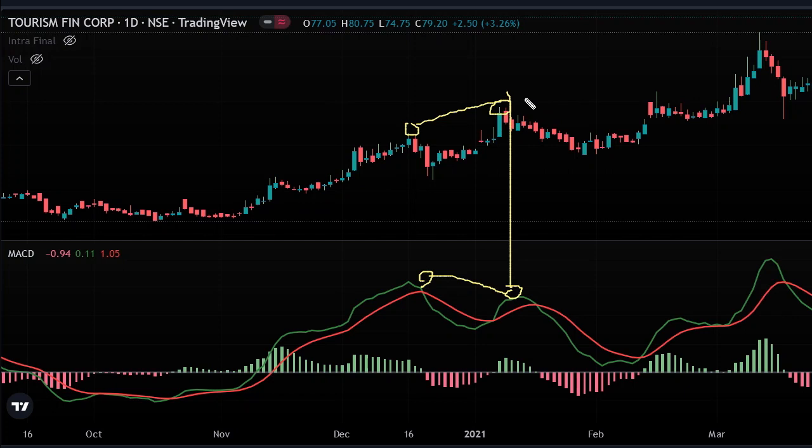But according to the price, everyone will believe that yes, price is moving up and we can